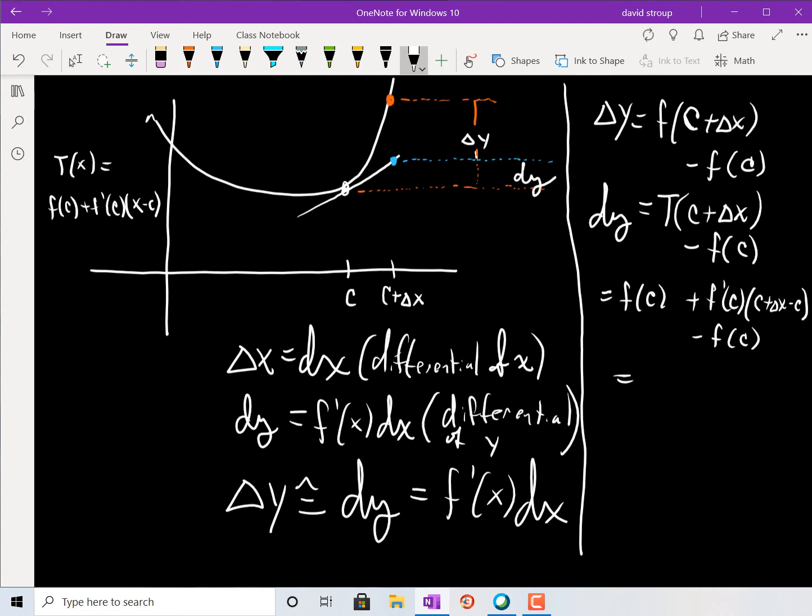Of course, f of c minus f of c is 0, and c minus c is 0, so we get change in x. In other words, it's f prime of c